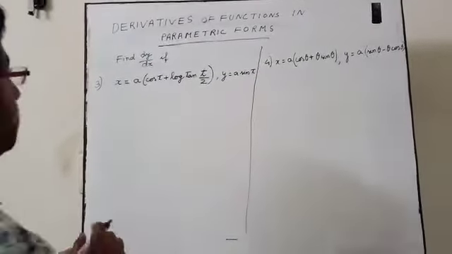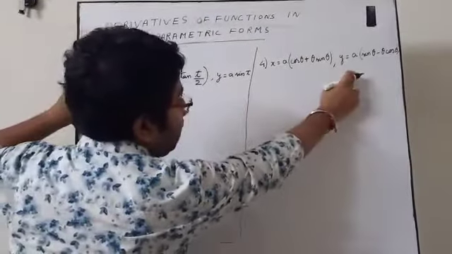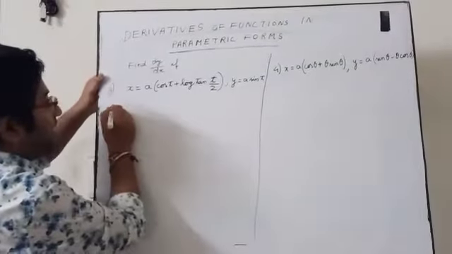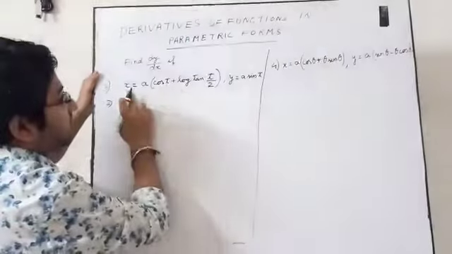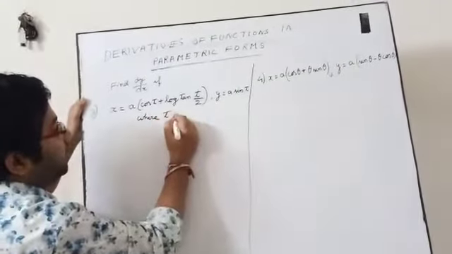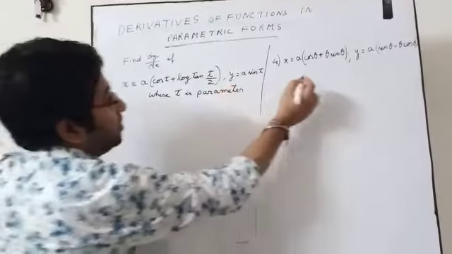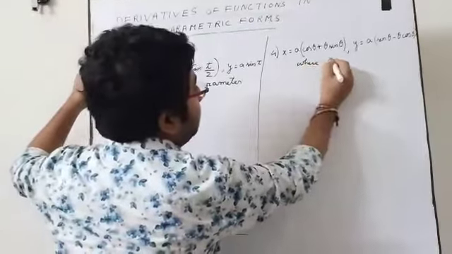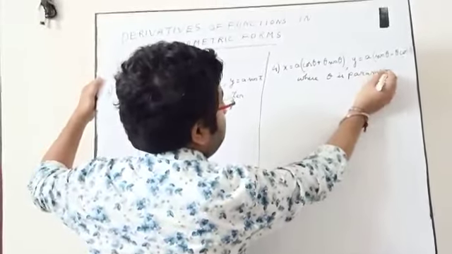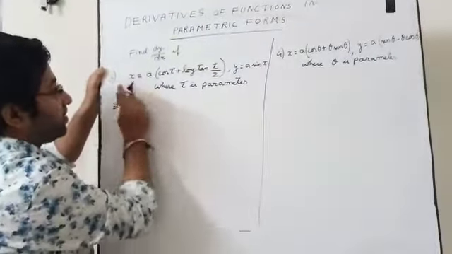So next come to two more questions. Find dy by dx if x is this, and another question is this one. So again it is dy by dx in parametric form, because x is completely dependent on t. Where t is the parameter, it will be given in your question. Here also theta is the parameter. Don't worry, the parameter will be given in your question. A are constants. Then find out this dy by dx, because it is parametric form.